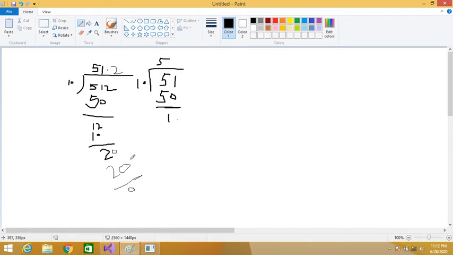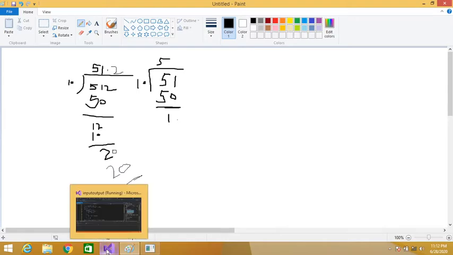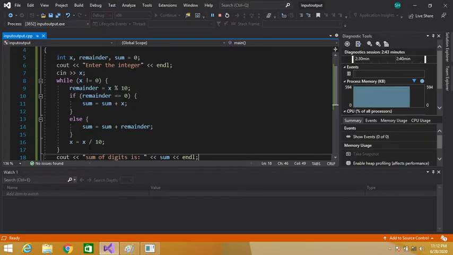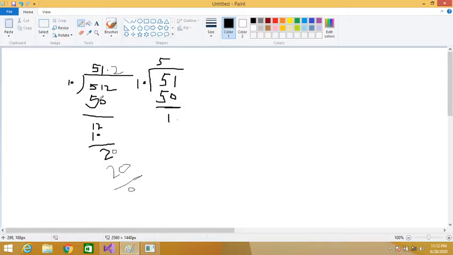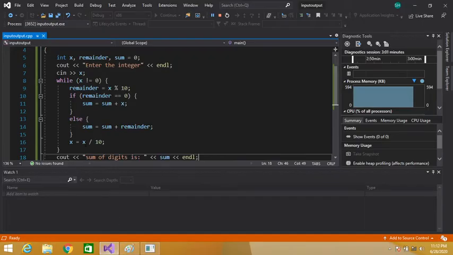We do not take the remainder here, because we are dividing by 10, not using the modulus operator. So the result of this division is 51.2.